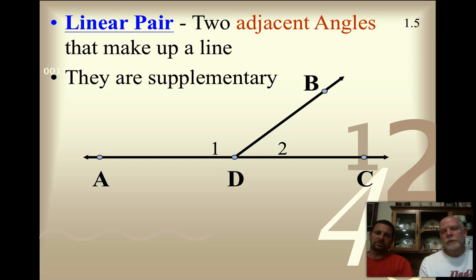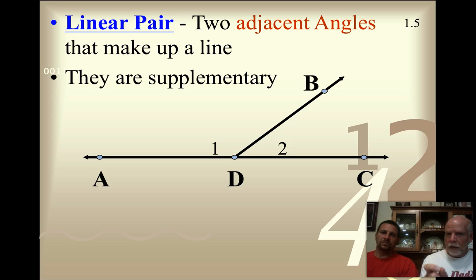And so some of the terms that Mr. Badella was just using, one of them is a linear pair. A linear pair, again, you can break down the word. Linear means line. And so it's a pair of angles that make up a line. And so it's basically like our last diagram, or this diagram here, two angles that are right next to each